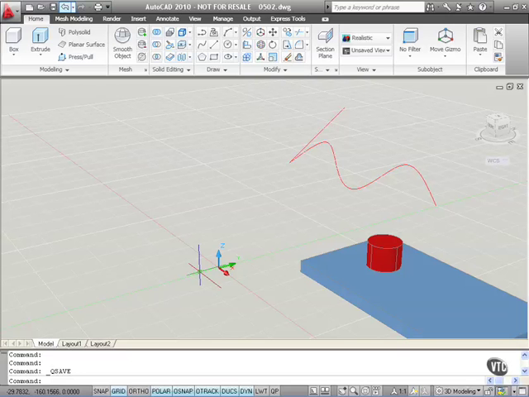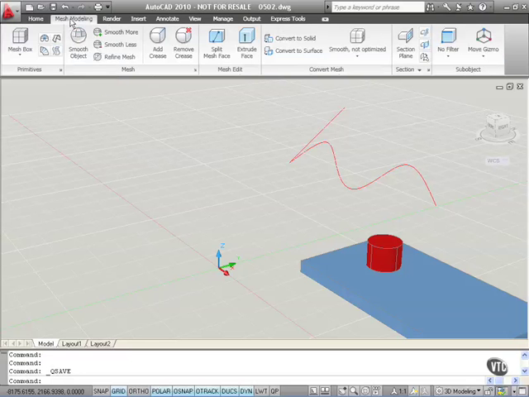AutoCAD provides us with many freeform modelling tools in AutoCAD 2010. These again allow us to work with conceptual design and freeform design. So we're going to look at our Mesh Modelling tab here. And what I'm going to do, I'm going to create a mesh box, what they call a primitive, in the